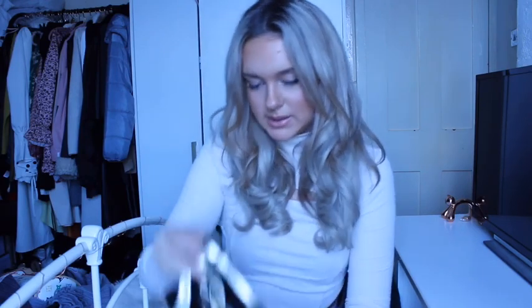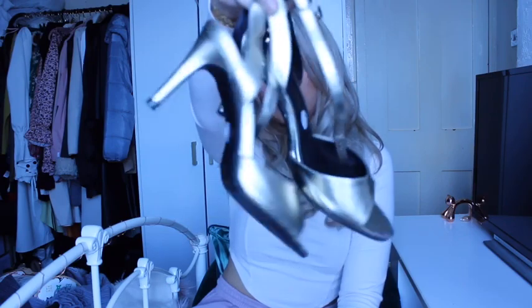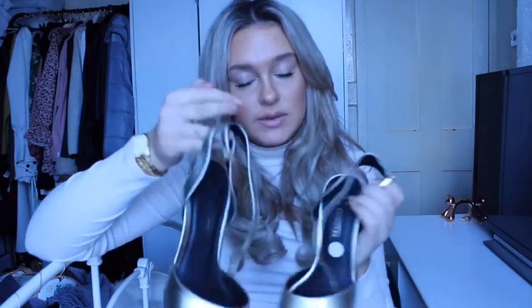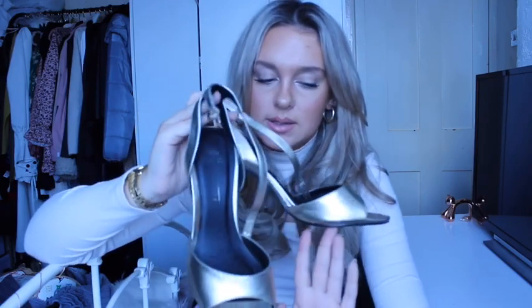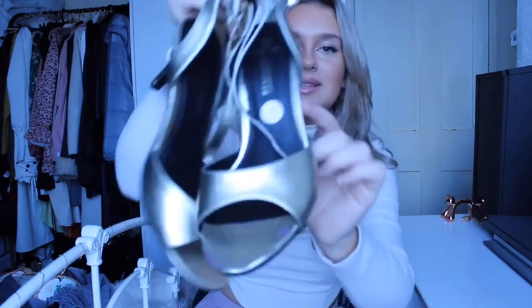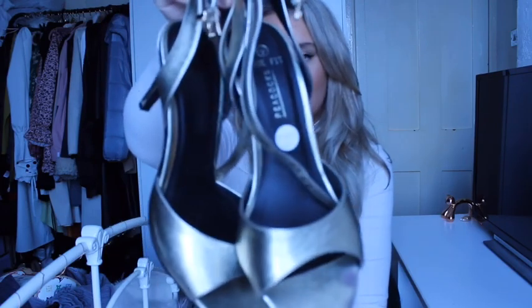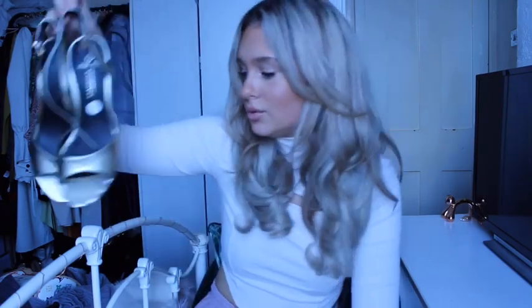I'll try and hold on so you can see better. But yeah, these are so cute. They're like a really nice gold colour. They've already been worn in quite a lot, which was something that I really wanted to talk to you guys about if you're buying second-hand heels. I know how uncomfortable heels can be when you first purchase them, so if you go second-hand, then they've probably already been worn a number of times. They're probably already worn in slightly, making them a lot more comfy. So I absolutely love these. I've already worn them like twice, and they've already got the price on them, £5, which is just crazy. So yeah, if you're looking for a little pair of vintage kitten heels, or another thing that I've seen so much of in vintage charity shops is